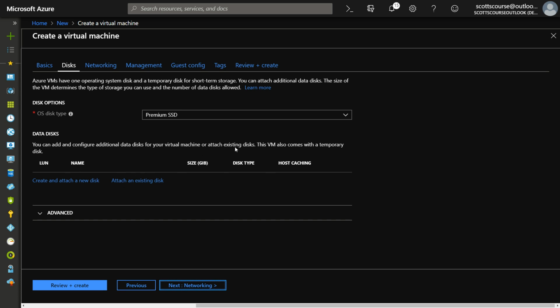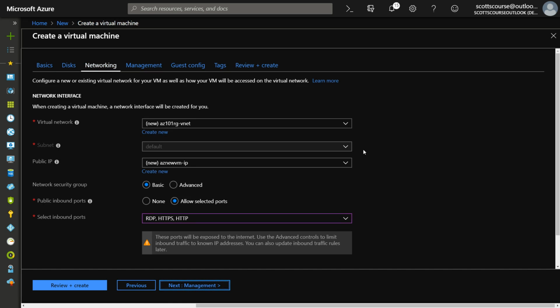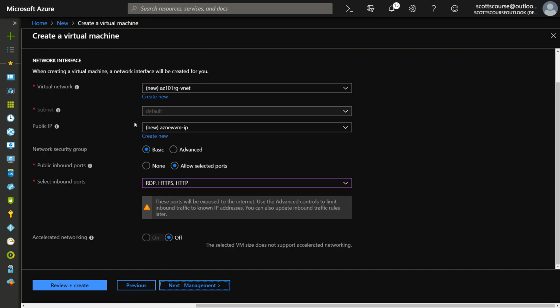So you attach a disk, and each of these disks have prices associated with it. It's going to create a brand new network by default. We're not going to talk about networking at this point, but we could create a VNet or attach it to an existing VNet, have basic or advanced network security groups. Remember, we already chose the inbound ports, and so this is the second opportunity for us to set which ports are open. We can always go back and change this. And accelerated networking,